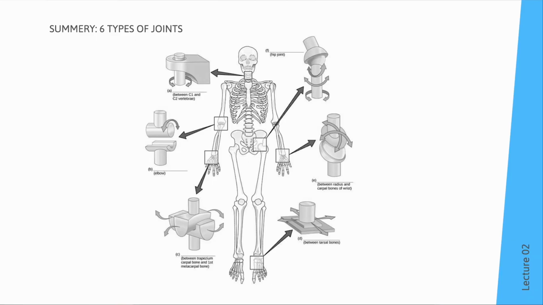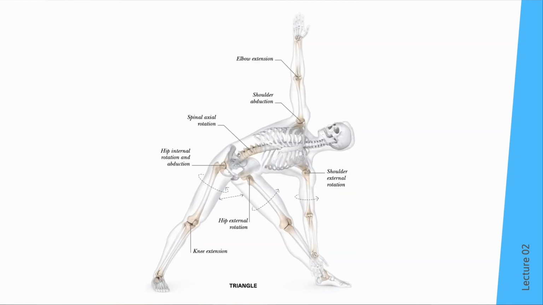So those are the 6 types of joints we have in the body. That's just a little exercise if you want to remember. Stop the video and see if you can remember and find the names. I think I have some funny, nice graphics here,